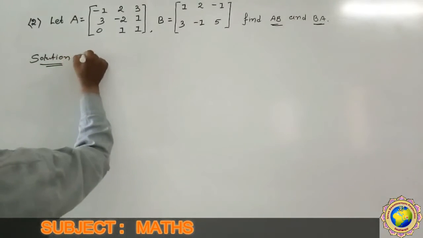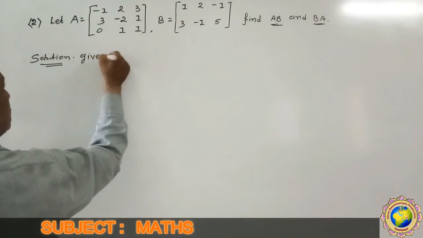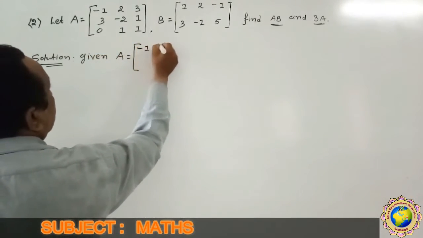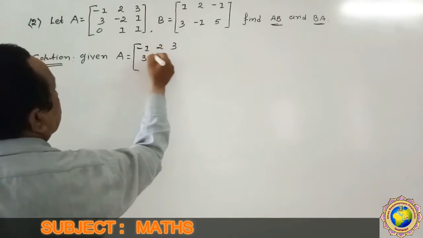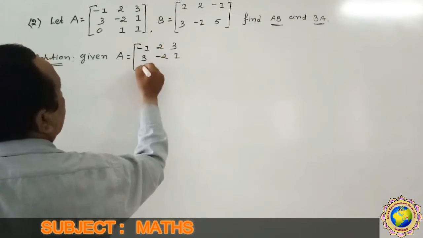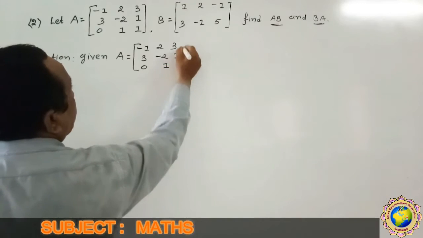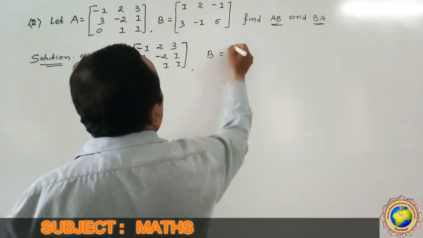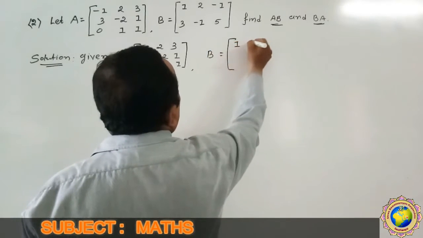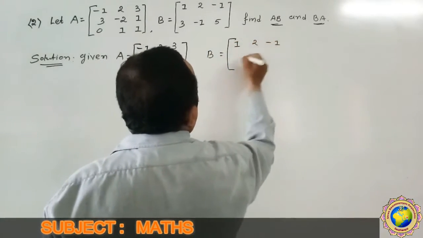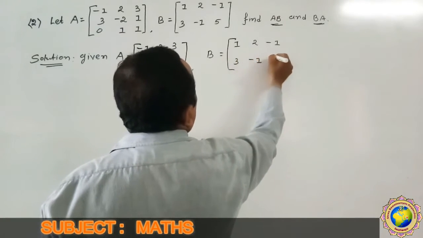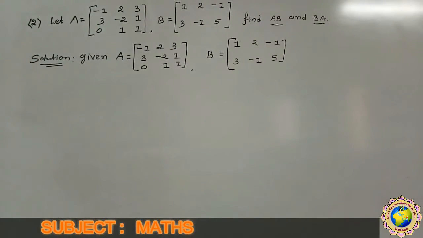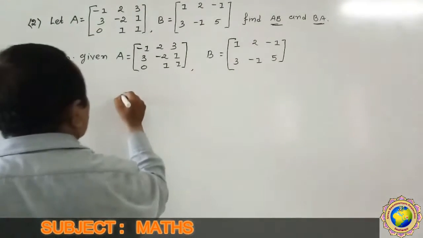Given A is equal to minus 1 2 3, 3 minus 2 1, and 0 1 1, and matrix B is equal to 1 2 minus 1, 3 minus 1 and 5. Here now we find AB. So AB is equal to